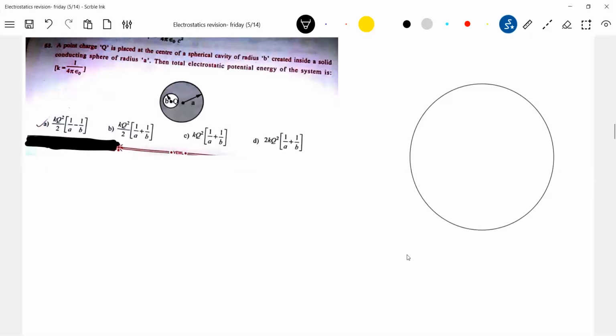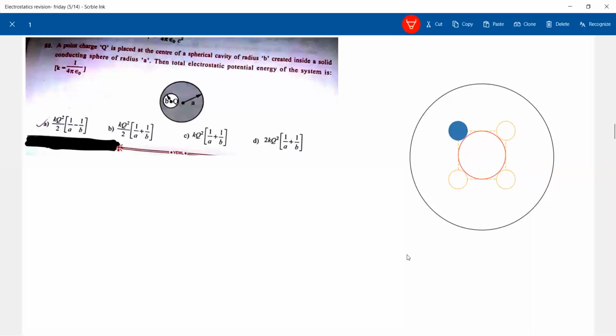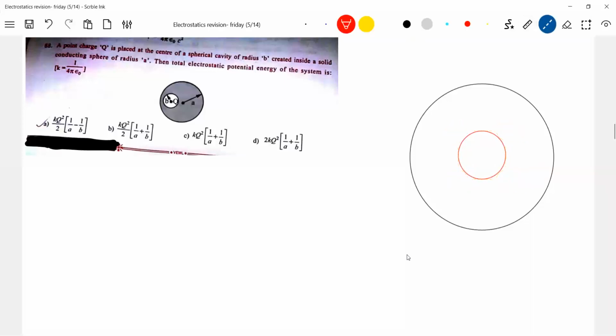I can shift the cavity. So I'll bring the cavity now. Exactly, I'll make it concentric. Okay, the radius of the cavity is B, and the radius of this is A. Later on, I'll shade it. The white one below is the cavity, and this one is the conducting material. So we'll write it, this is iron.